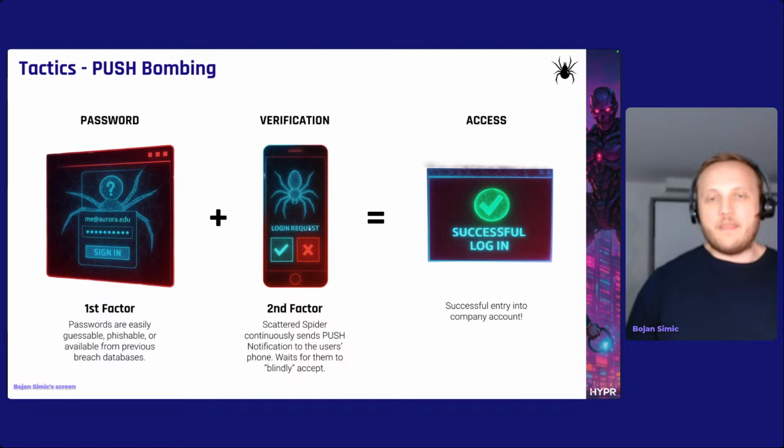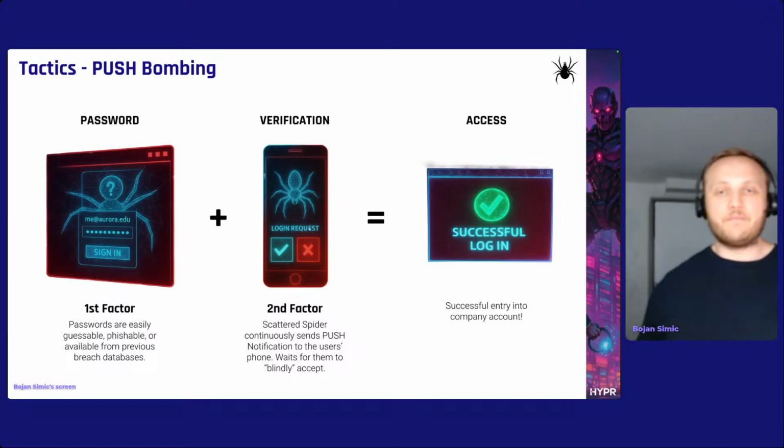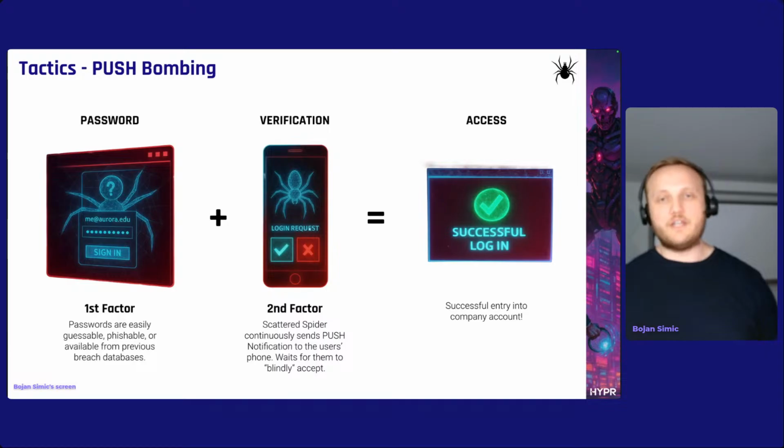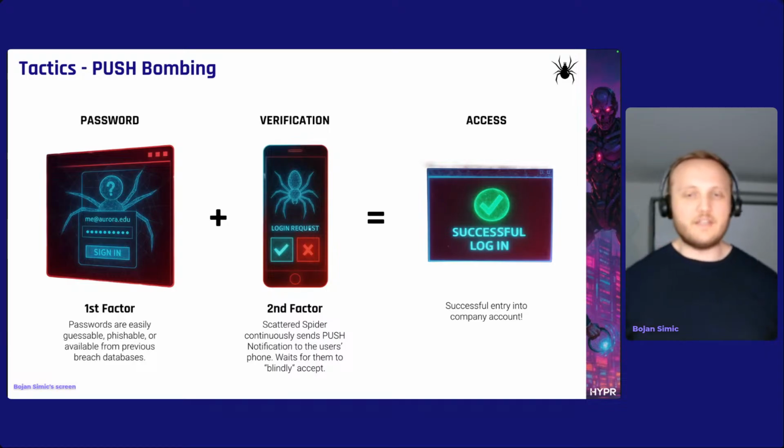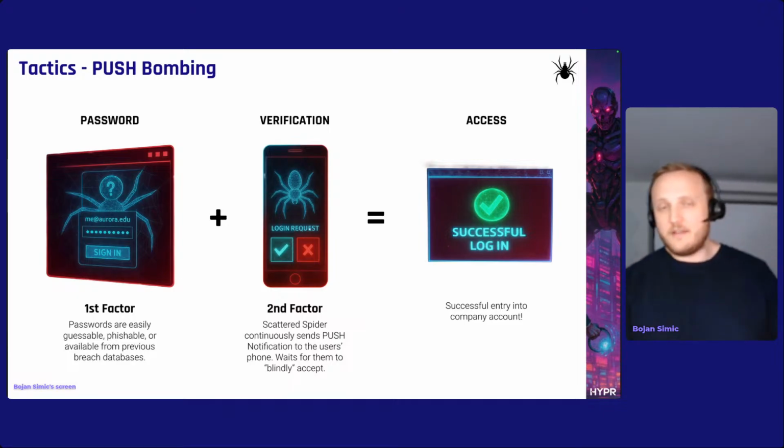And then push bombing the employee by sending them many push notification requests. And they'll typically couple this with additional social engineering tactics, like they'll find the person's phone number and they'll message them on WhatsApp or a similar channel, and they'll say, hey, this is your IT security team. We just sent you a push notification. You should accept it because we're doing some sort of test, or we need to verify your account or whatever else. And many times employees will just blindly accept it and click it, and then that will give a session